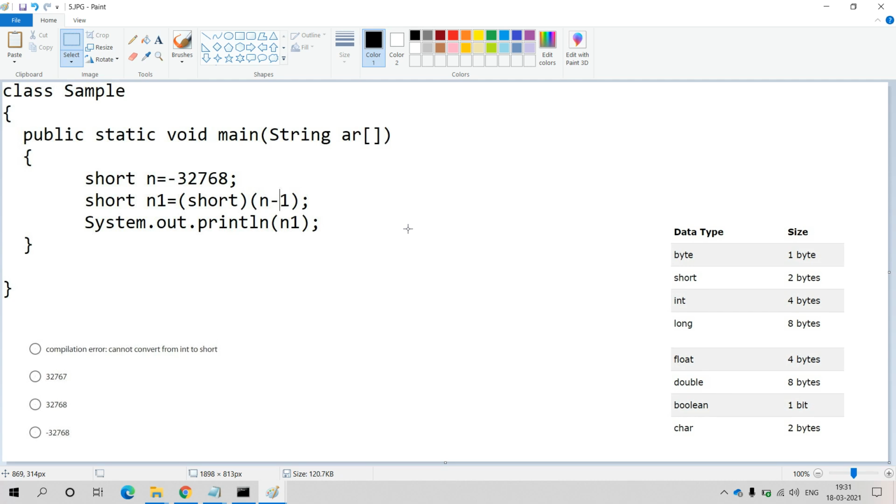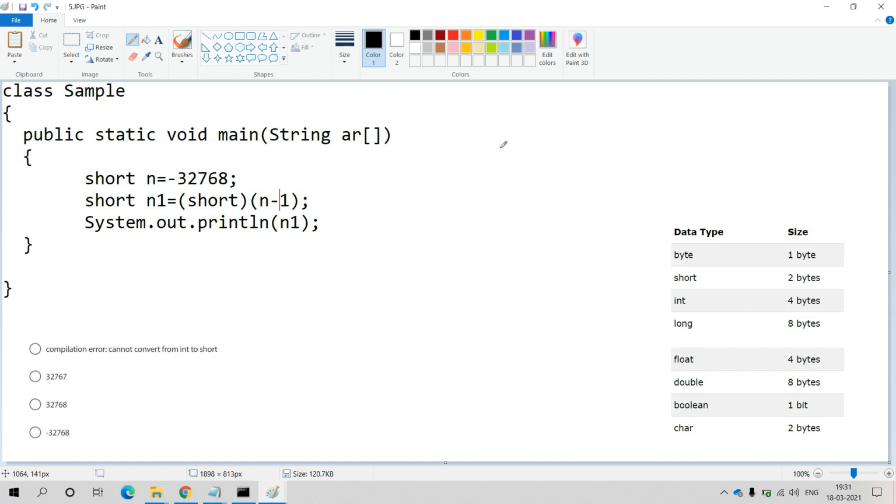Now as per the explanation given in the previous problem, what is the expected output from this given problem? Within the main method, we have n, a variable of type short, and within this variable we are trying to hold minus 32768. What is the maximum capacity of the short variable?